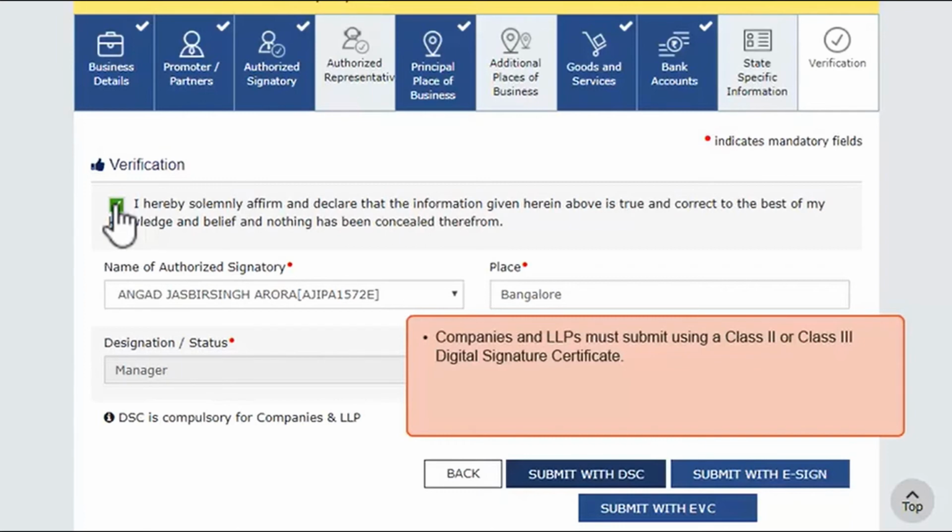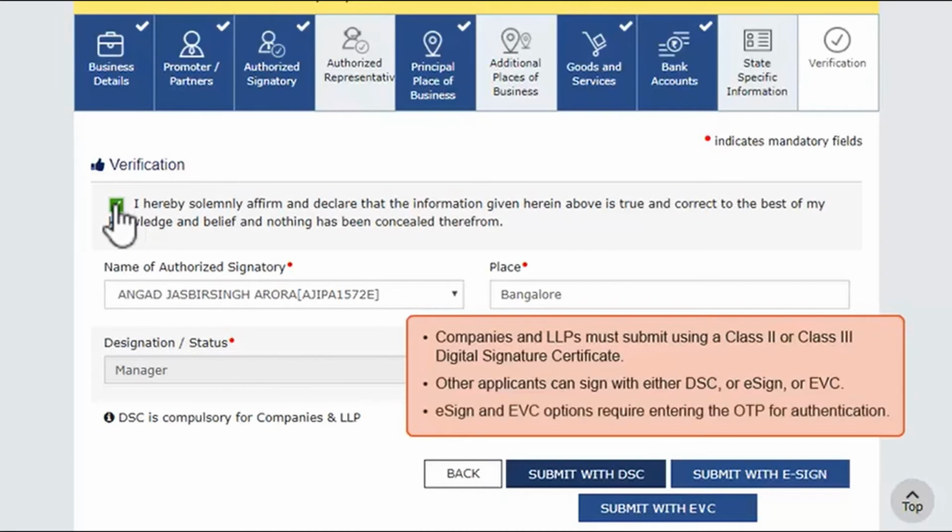But before submitting the application using DSC, the DSC needs to be registered using the Register DSC service on the portal. Alternatively, the application can be submitted using the e-sign or Electronic Verification Code (EVC) option.